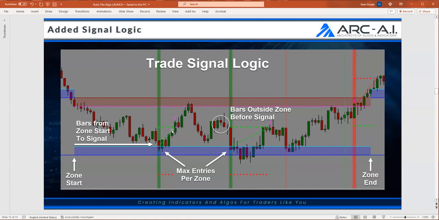We have the features, and we're going to show you how to test it. We've already built pre-built templates that are extremely profitable, and I'm going to show you them today. But if you want to take this to the next level, you can definitely do that, and we're going to get into that in just a second.